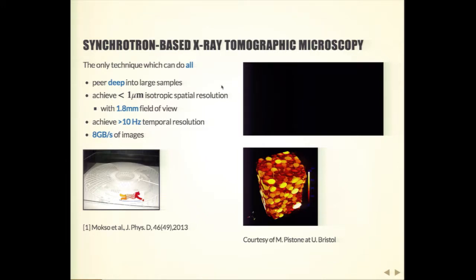And so, as you saw with the zebrafish keynote before, they could look at zebrafish because they were transparent, but they couldn't look at mice because the light doesn't go deep enough. So you can just look at the top layer. And with X-ray microscopy, you can actually go all the way through the sample because the X-rays penetrate.